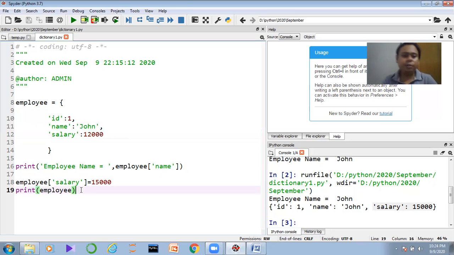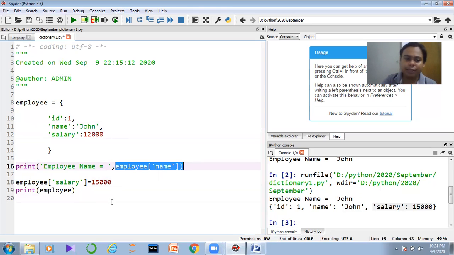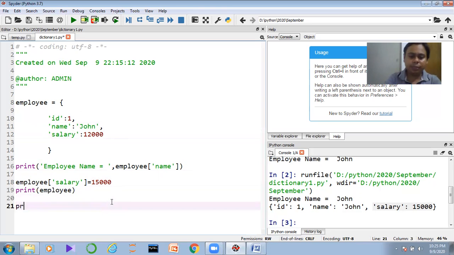Now, if I want to extract the information of the dictionary object, there is another way also. Suppose I have already defined the employee name, which I have shared with you. In this case, I can use a predefined function called the get function. Suppose I want to extract the ID of the employee.